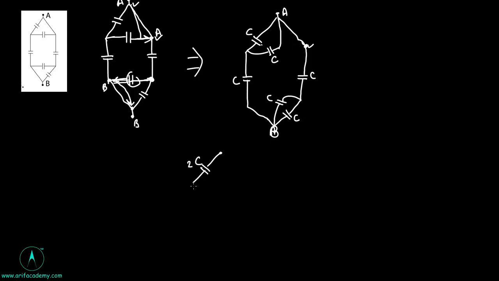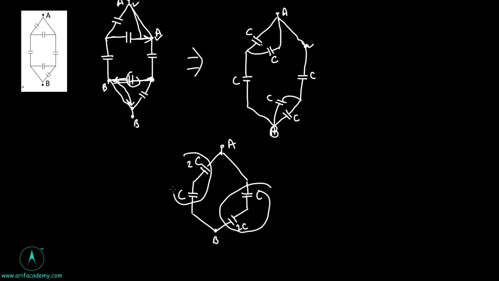This is 2C, C, this is point B, and here it is 2C and C, and this is point A. So these two capacitors are in series and these two capacitors are in series, so their equivalent will be how much? 2C by 3. So their equivalent is 2C by 3,